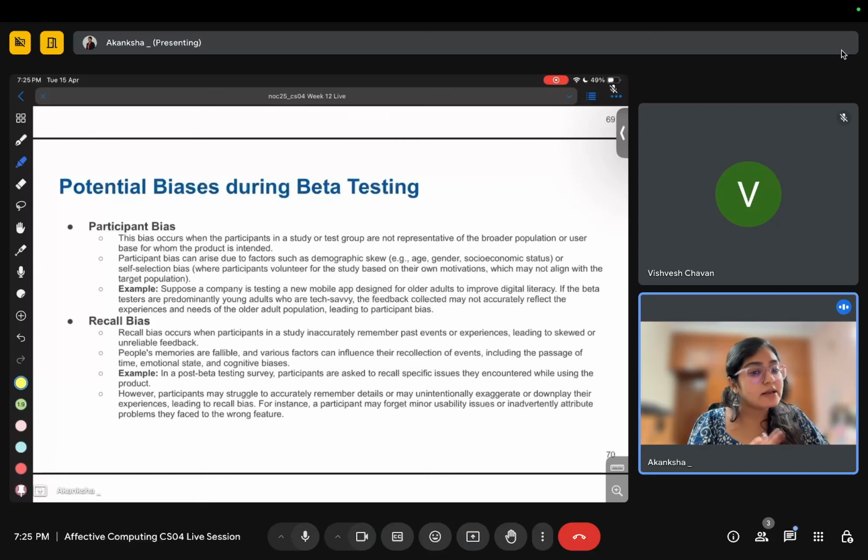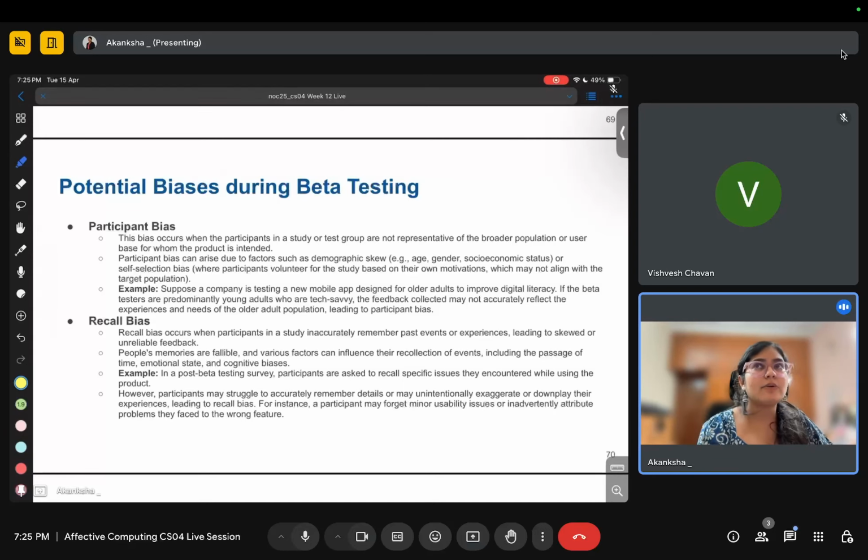Okay, similarly, let's say you only take 10 people, and out of those 10 people 8 are men and only 2 are females. So then you won't be able to capture whether females like this product or males like this product. So maybe the product is not that great for females.